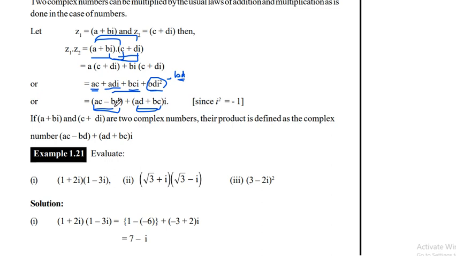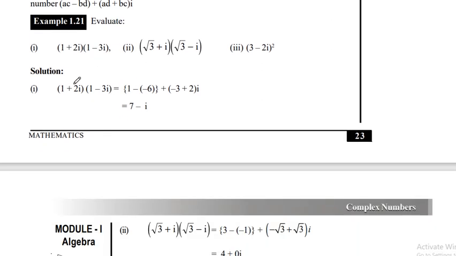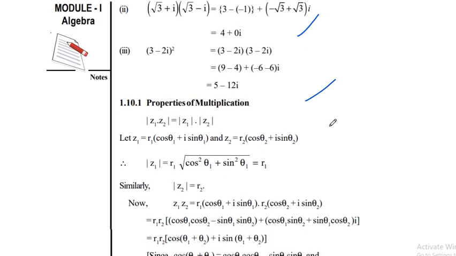So the multiplication is also a complex number. You can multiply here, it's very easy. You see 1 plus 2i, 1 minus 3i. So 1 with 1 is 1, 1 with minus 3 iota, then 2 iota with 1 and 2 iota with minus 3 iota. Okay, so two terms without iota and two with iota. So you get 7 minus iota. So the multiplication of two complex numbers is also a complex number. Similarly, you can do these two examples as well. These are done here. You can just check.